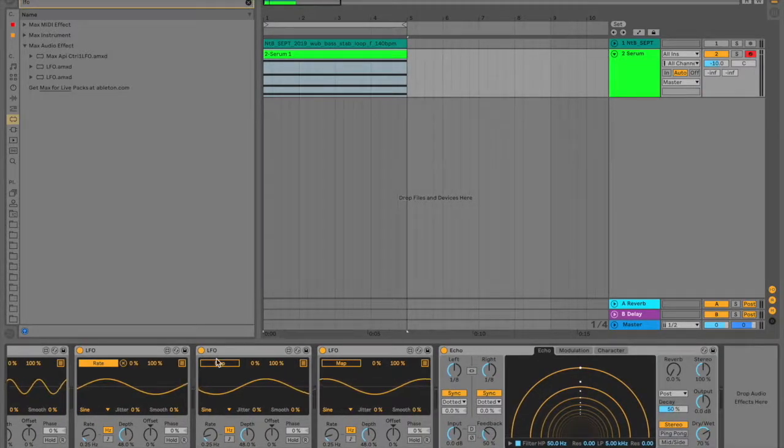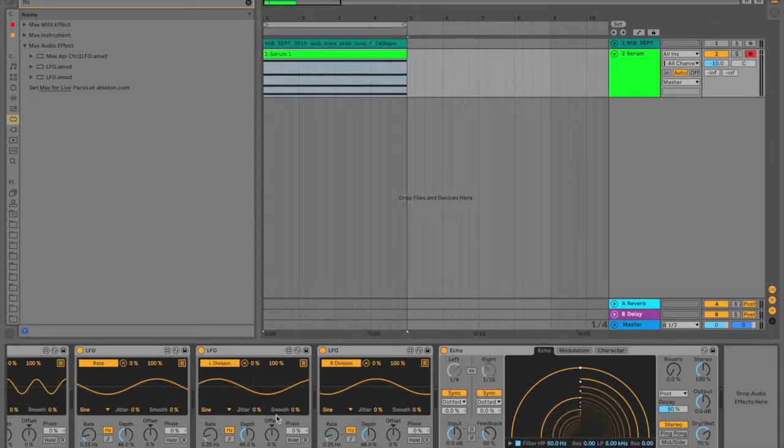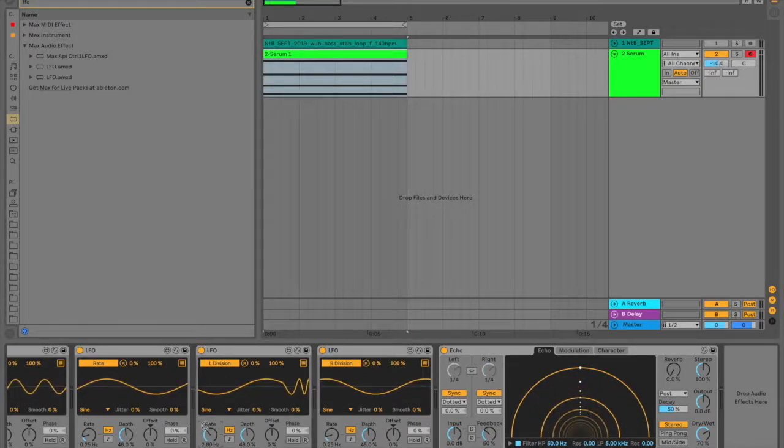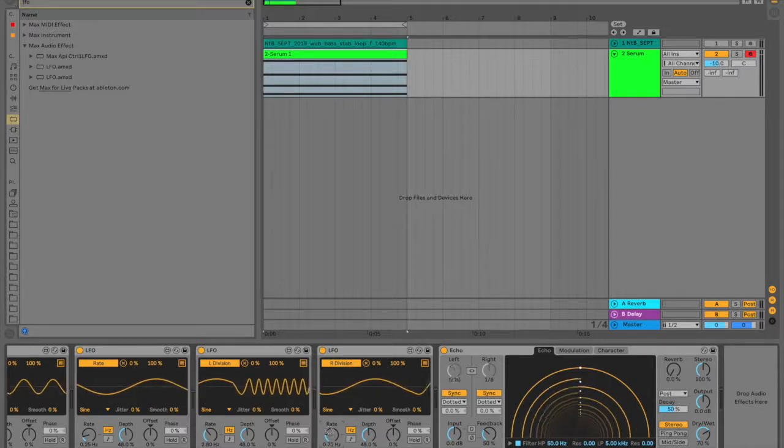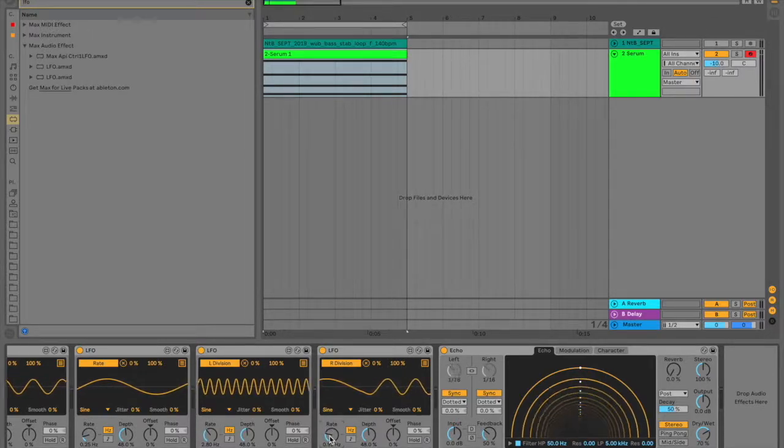So now we can map this LFO to the left channel. We could map this LFO to the right channel a little bit. Maybe we could pick different rates. So now we're going to get